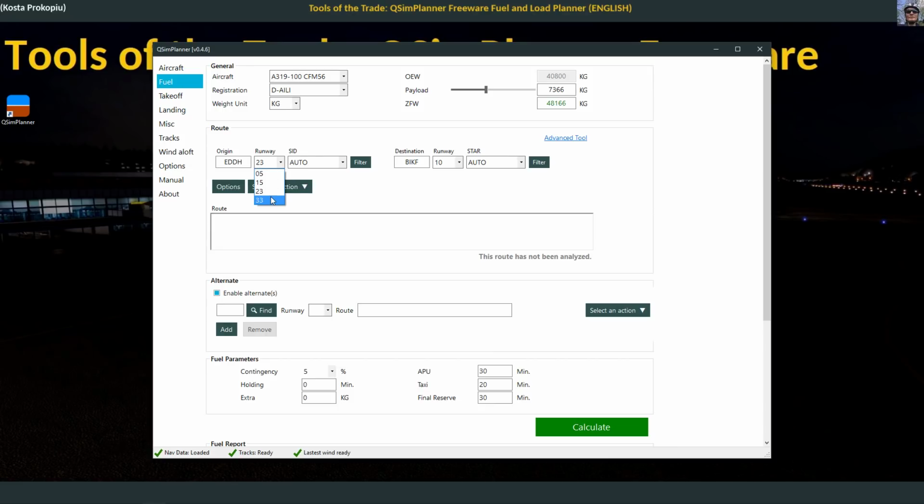Actually, when we did this, we departed from runway 33 in Hamburg, and we arrived in Keflavik. Did I say Reykjavik before? It's Keflavik actually, on runway 10. And look at that. It actually offers you